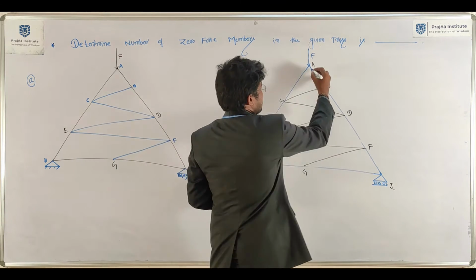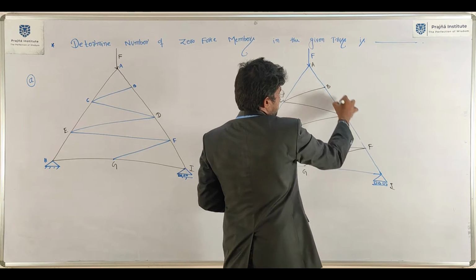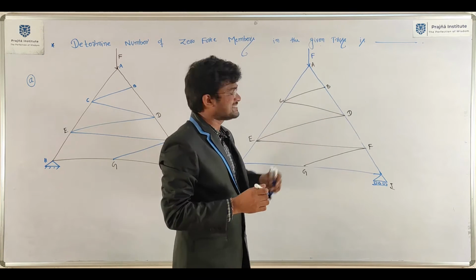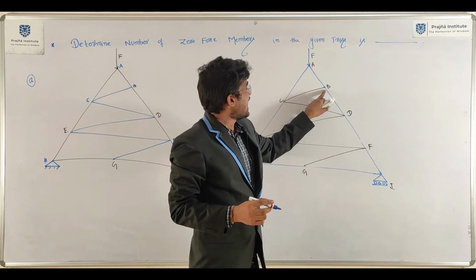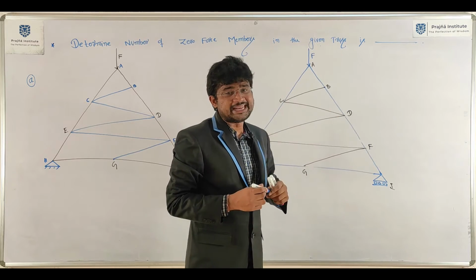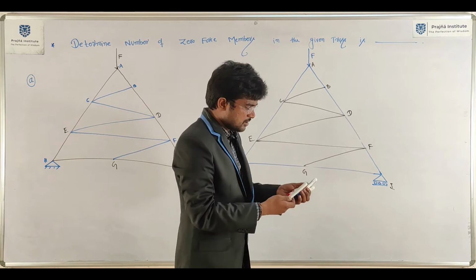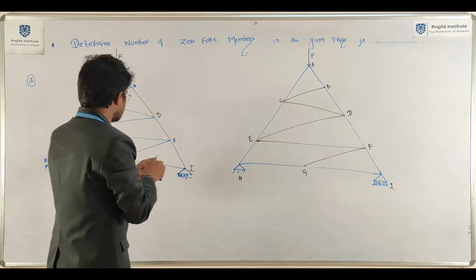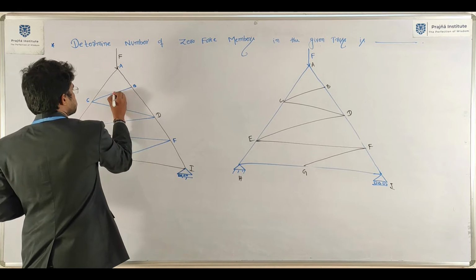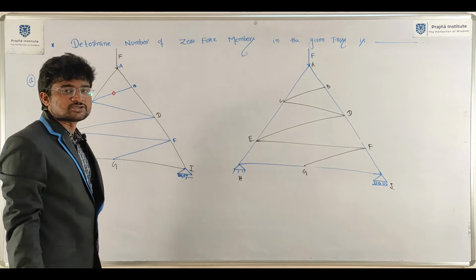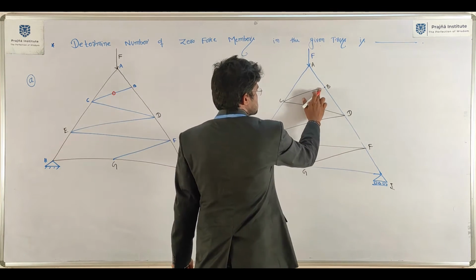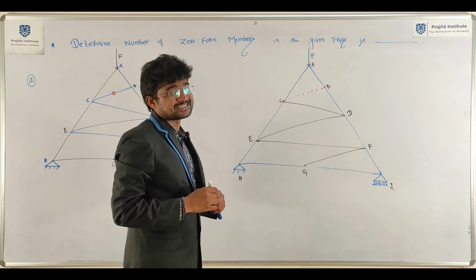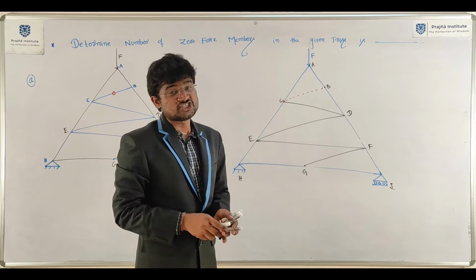First, here AB, BD and BC. Three members are meeting here, and AB and BD are collinear, both in the same line. Then force in the non-collinear member BC must be 0. So force in this particular member equals 0. Just rub this and put a dotted line. Force in that particular member is 0.